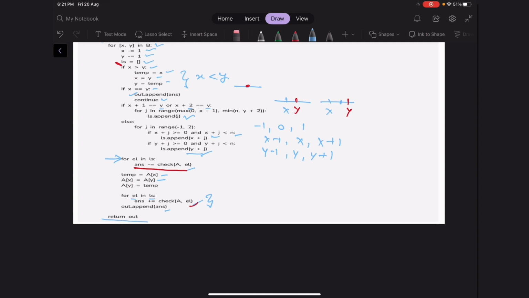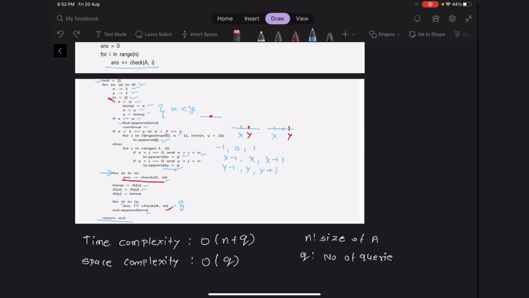Now let's analyze the time complexity and space complexity of our solution. So the time complexity of our solution will be O of n plus q, where n is the size of array A and q is the number of queries. So this time complexity comes from the fact that before performing any query, we are iterating over all the elements of array A and calculating how much each index is contributing to our final result. After that step, we are iterating over all the queries, and for each query we are